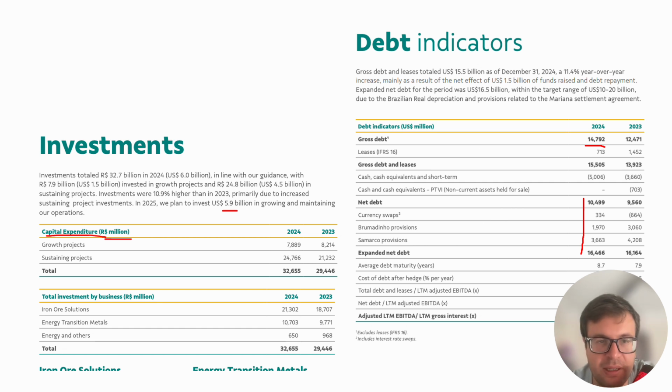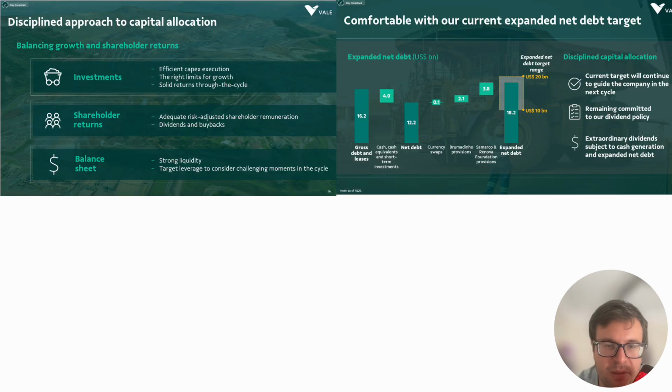I quite like that they are reinvesting and growing, because the more projects they have, the more valuable the company is. So this is their goal that they want to do with the capital allocation. So they want to reinvest. As you can see, their capex is very high for 2025, which I don't mind. I think it's good. So they want to focus on dividend and buyback as well, and then keep a strong